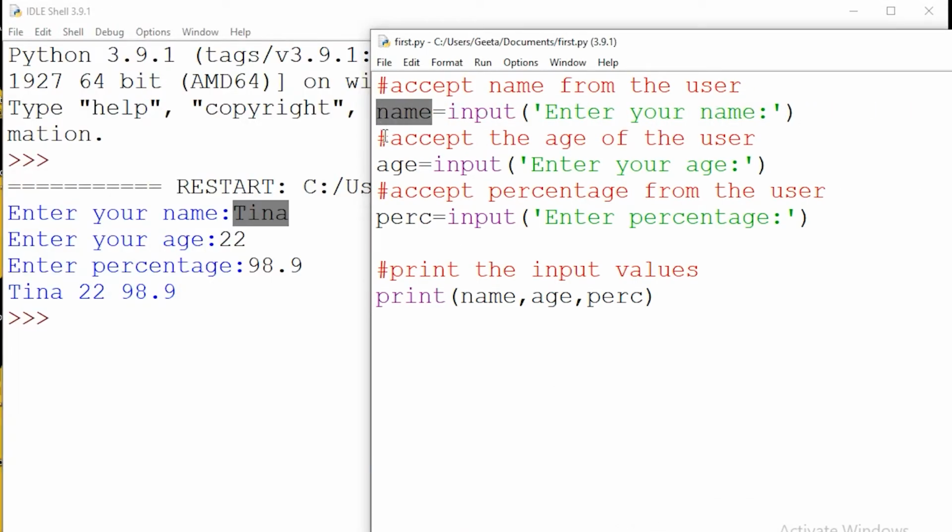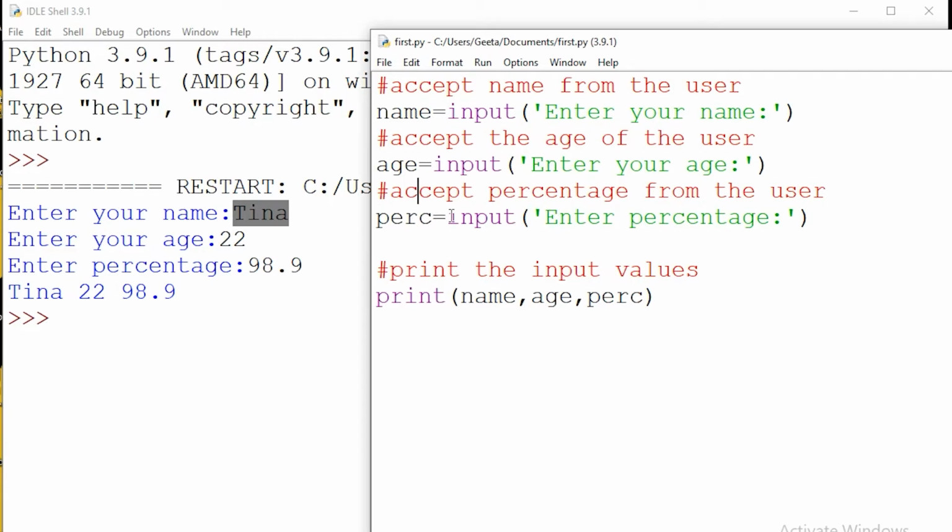Now it goes to the third line, which is again a comment line. Then it goes to the fourth line. This input function prompts the user to enter his age. The value input by the user gets stored in variable age. Then the fifth line is again a comment.